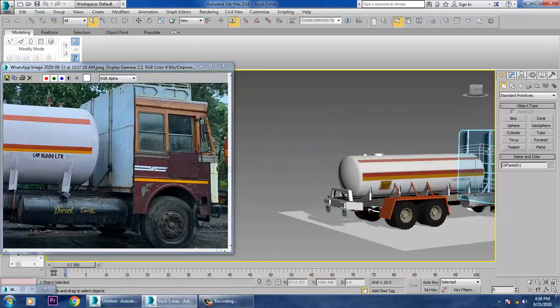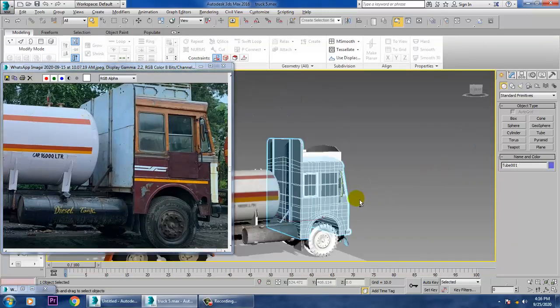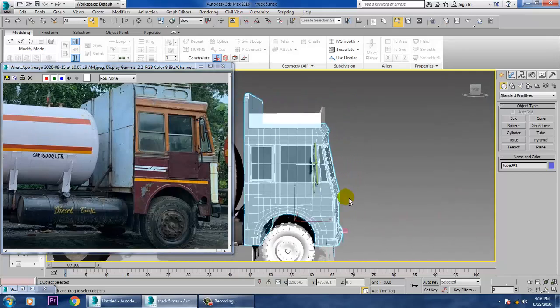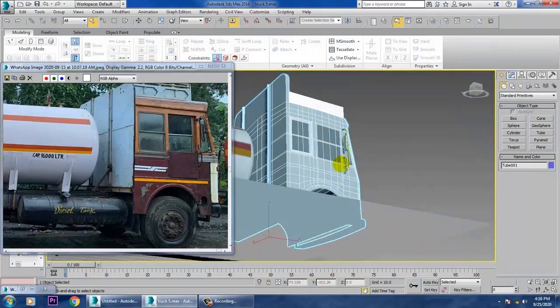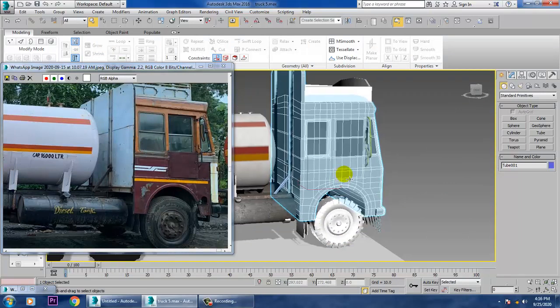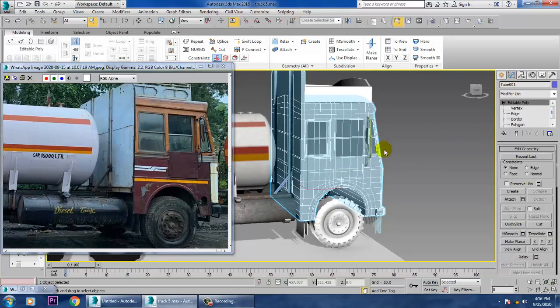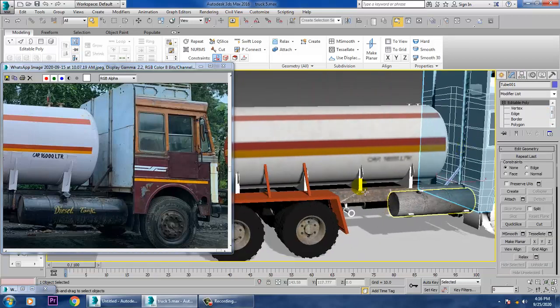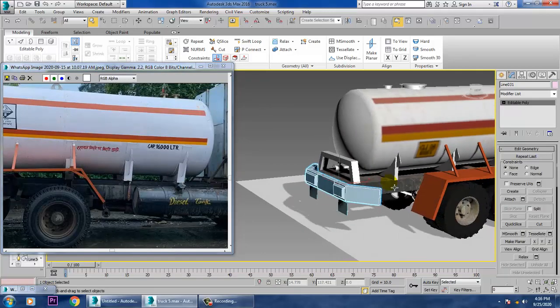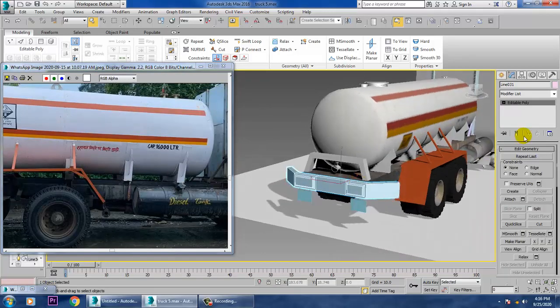That is this part, the further part. So how we are going to do over here is we are going to just unwrap this. If you require to unwrap it, we are going to unwrap this part over here. So very first of all, before we start up, let's do some small things which are just left out for the texturing. So let's just select this over here and let's go into this again,